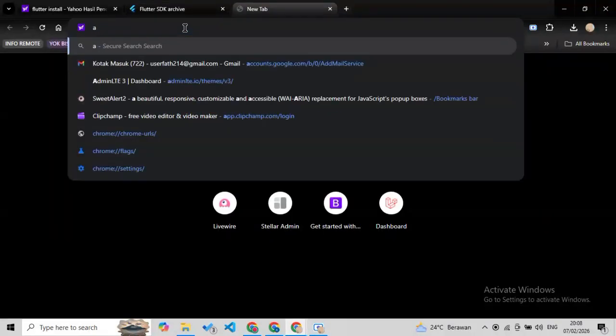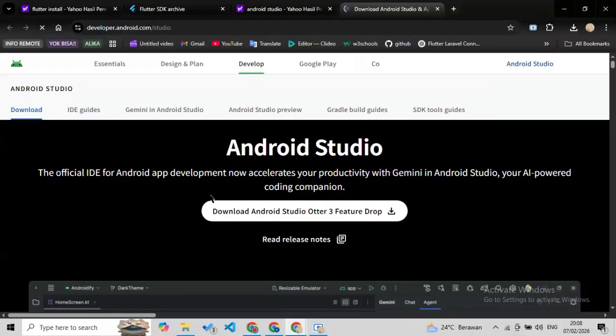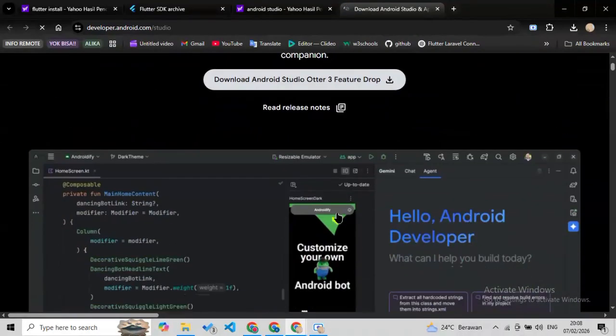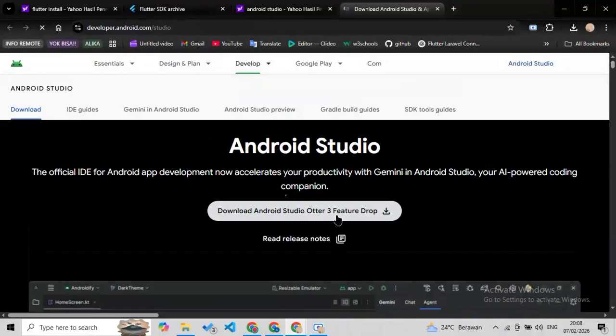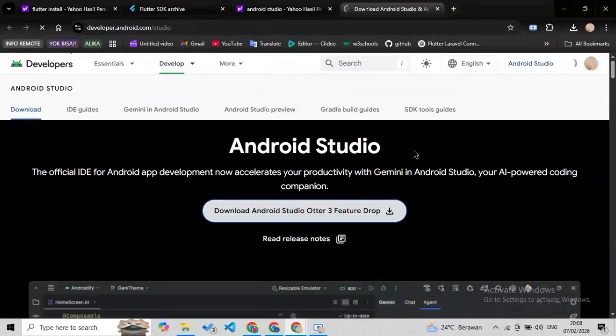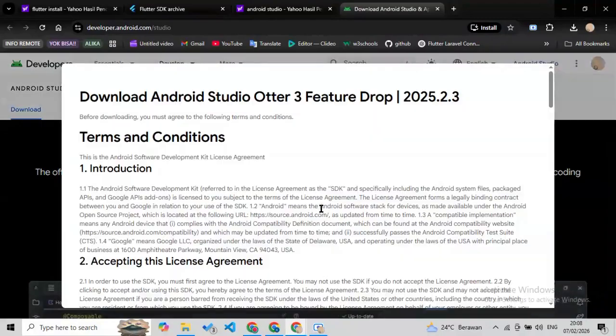Okay, next we need Android Studio. Android Studio is used to install the Android SDK and other tools that Flutter needs. Open the Android Studio website and download it.